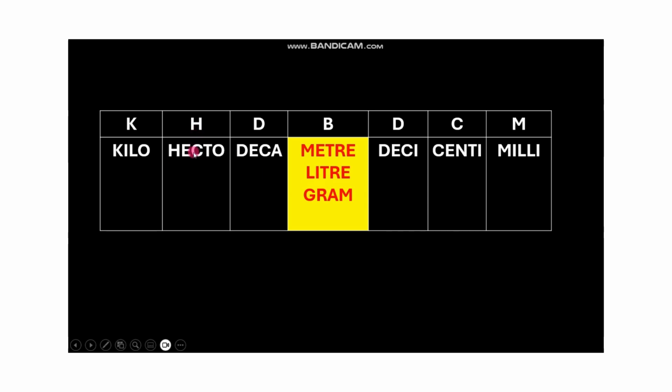Hecto could mean hectometer, hectoliter, or hectogram. Deca could mean decameter, decaliter, or decagram. Base stands for meter, liter, and grams. Deci, centi, and milli follow the same pattern. Now, this arrangement is in